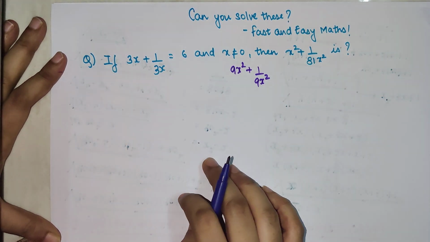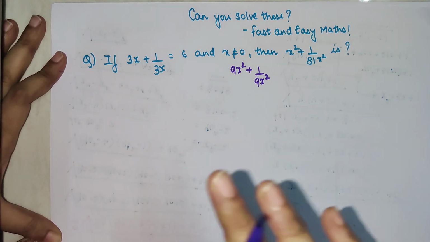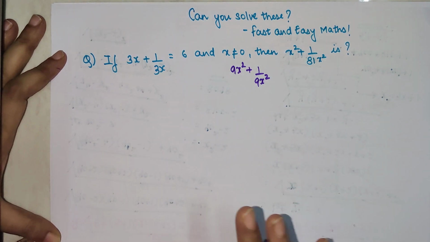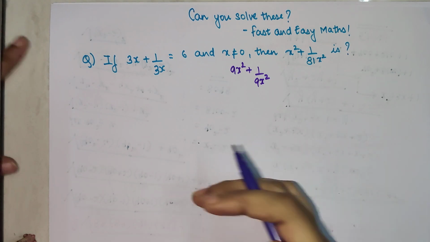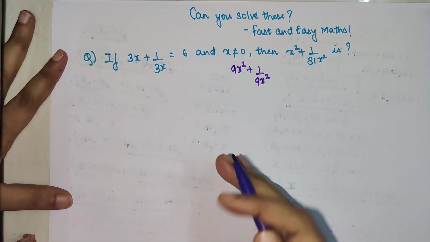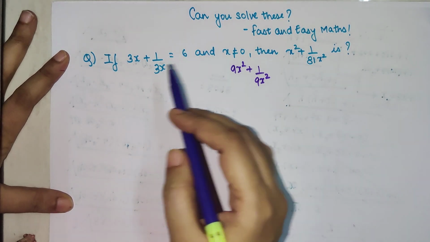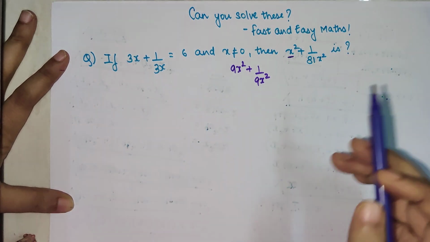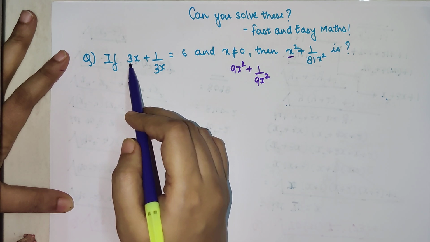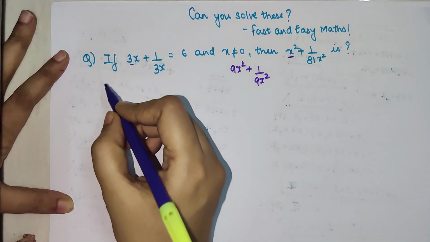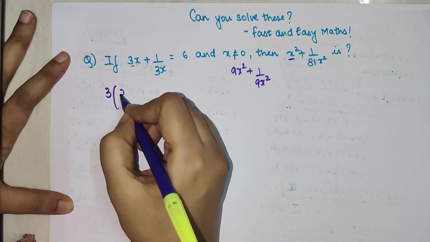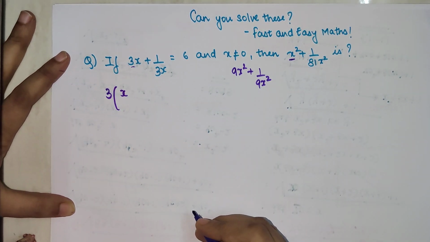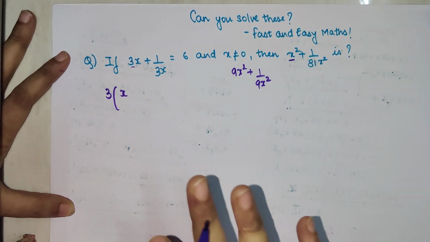So if this is the kind of question they are asking, what should you do first? Many of you say that you like mathematics but you do not know how to start with a problem, so in future videos I am going to tell you how to start with your problem. Here, what are they asking? They're asking for x square, and here we have a 3x. So I need to take my 3 outside and make this just x, because then if I square I will get x square, that much I know.